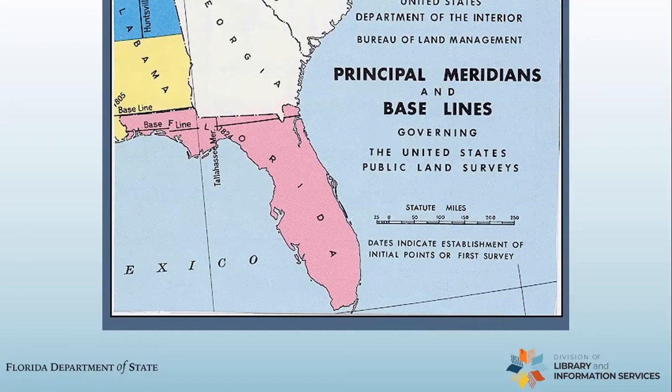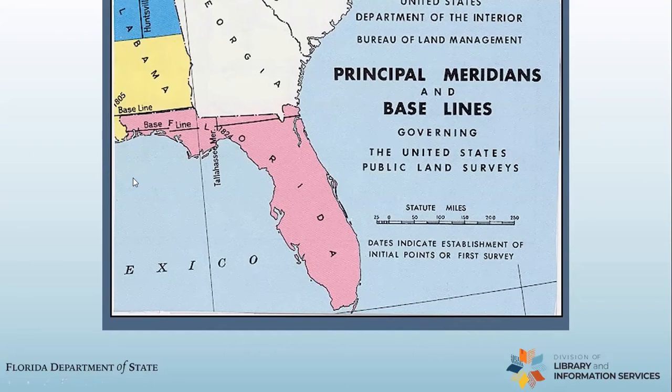If any of you remember geometry class from high school or middle school, you would have that cross there on graph paper, and they would say, okay, we're going to chart some coordinates. Those XY coordinates, where you go over 3 and up 4 or something like that. Essentially, that's what the public land survey system was designed to be.